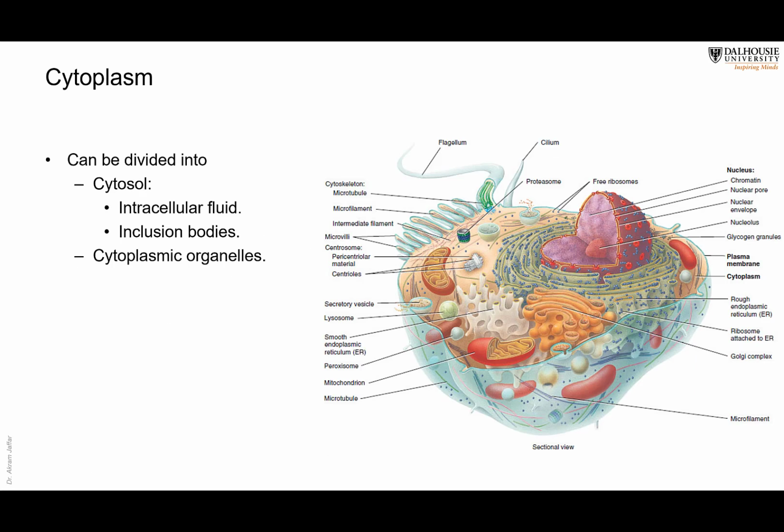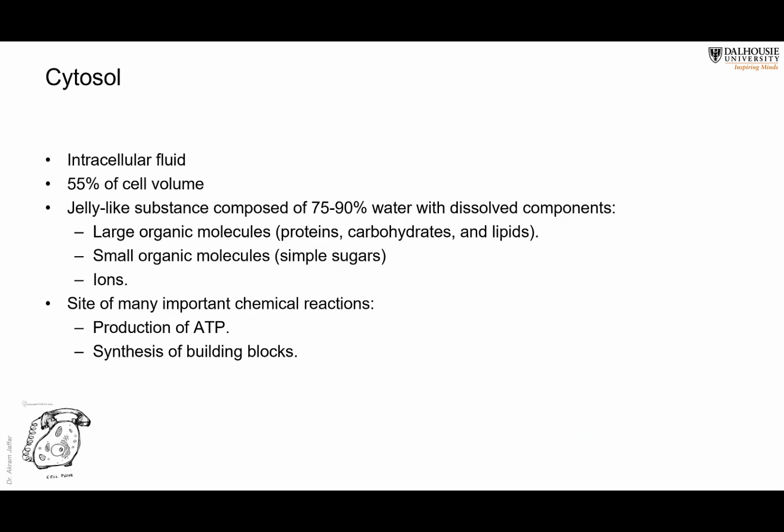the cytoplasm. The cytoplasm has the cytosol and has organelles inside it. The cytosol is the intracellular fluid, and it constitutes about 55% of the size of the cell. The remaining 45% is the size of the organelles, because the cytoplasm is cytosol and organelles. So 55% cytosol, 45% organelles, and the cytosol is a jelly-like substance consisting of fluid, up to 90% of it is fluid,